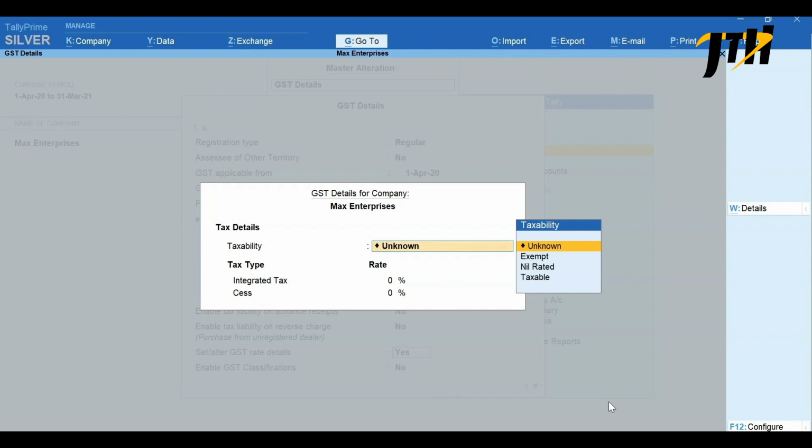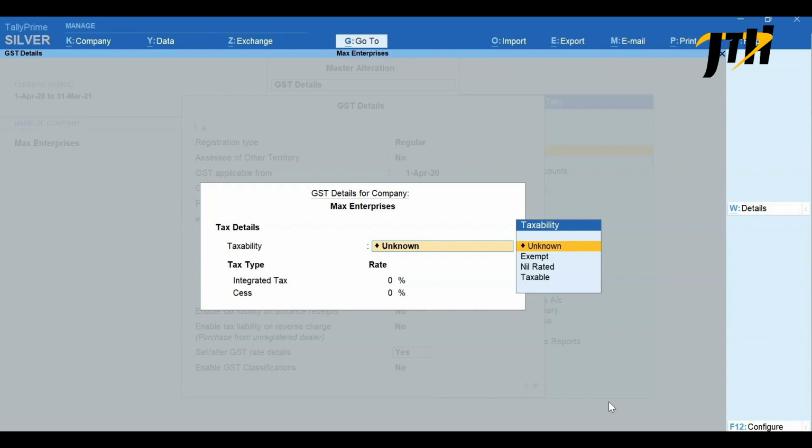They can set the GST rate for computer parts here and it gets applied to all the items in the company. Later, in case they deal in stock groups or items for which a different GST rate is applicable, we will see how easy it is to set the GST rates only for those stock groups or items.